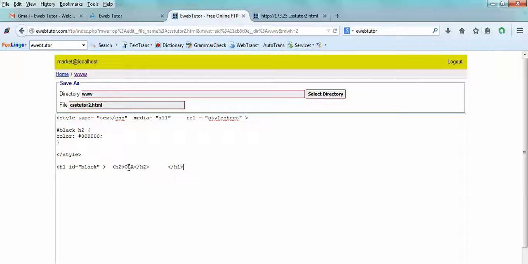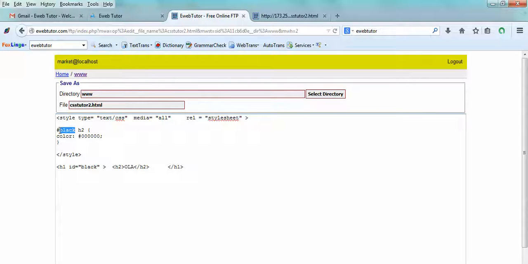So right now our Ola has a color of black, because this h2 is present inside another tag, but this time it's not an ordinary other tag. It's present inside another tag that has the attribute ID set to black. So look at this code now. Our selector right now is a descendant selector. The name of the tag itself is h2, but this h2 must be found inside another tag. It can be any tag, but that tag must have an ID